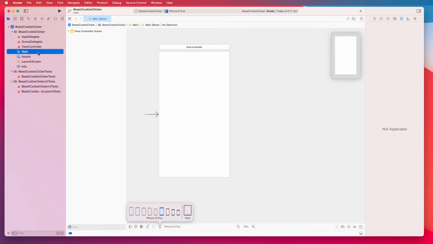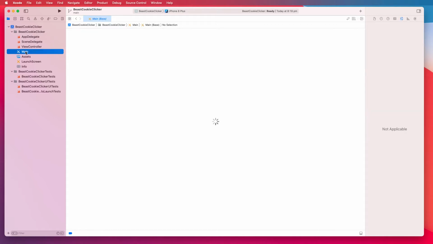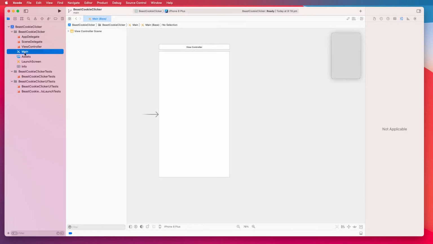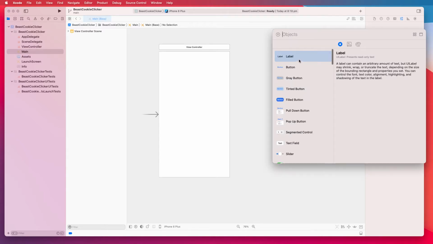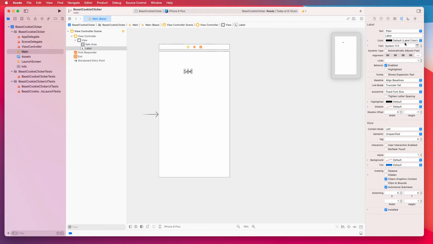So we've done that. Under the view controller on the top left here, you'll find the coding. And then when you click on main, you can actually come back to this area. To add elements on the screen, you go up to the top right, there is a plus sign. Click on that, you can add a label. So this can be a title. So on the right hand side in the inspector type area, you can now change the name of it. I'm going to call it Beast Smash,